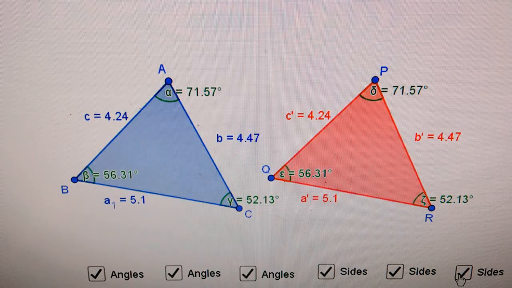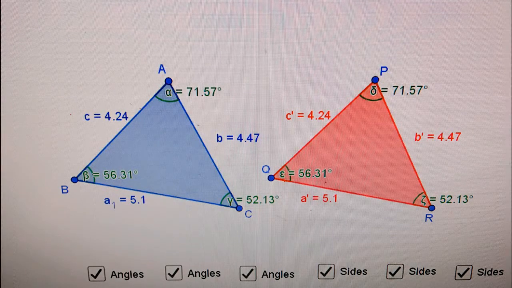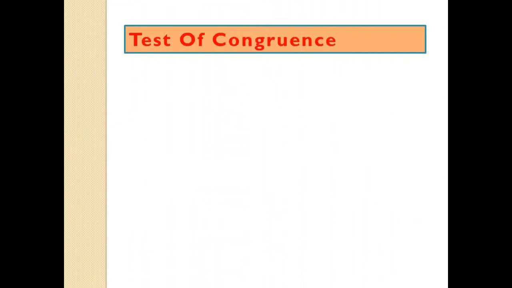Whenever you have to show two triangles congruent, is it necessary to write all 6 elements as congruent? No. Out of these 6 elements, 3 specific elements should be congruent so that the given two triangles are congruent. Such a group of 3 specific elements is said to be a test of congruency. Well students, see some tests of congruency, how to prove and how to write the congruency of these two triangles. Let us see the tests of congruence.